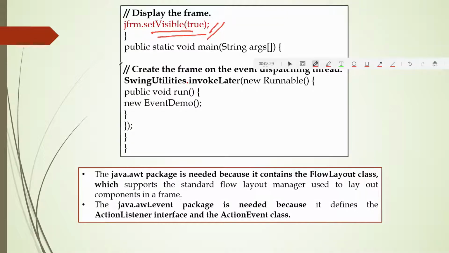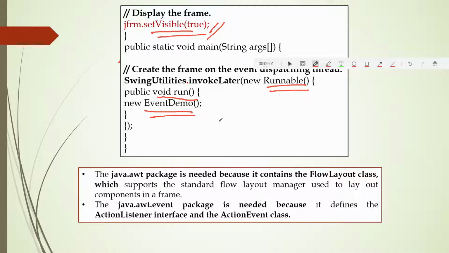Now other things I have already told you, students. This object is called in the run method because we have to create an event. When you do this, an event will be created. Basically we are creating a thread, students. How do you create a thread? You have to implement the runnable method. This is the event thread, not the main thread. Here I am calling this event demo, and when you call it, all the processes of creating your frame, label and buttons will happen.